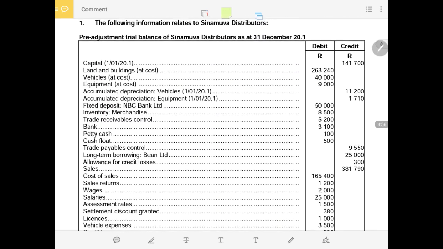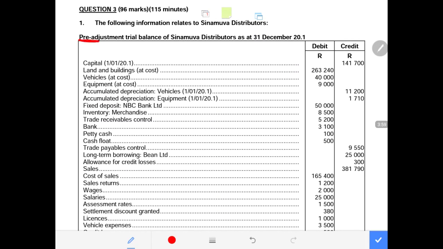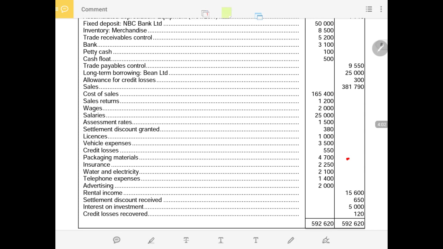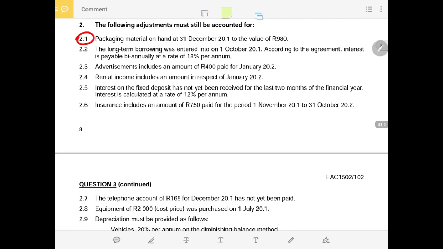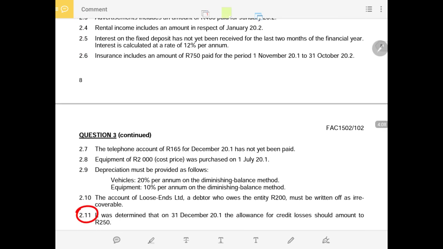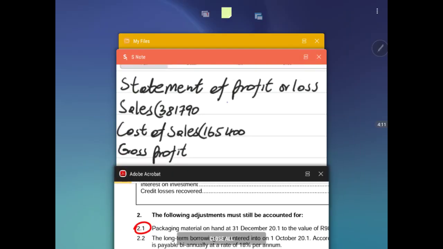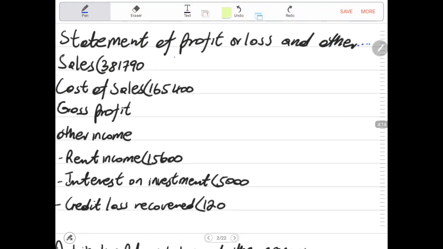Now we have a trial balance which is a pre-adjustment trial balance. After the pre-adjustment, we have the adjustments. Then after, we'll have the post-adjustment trial balance. So now what I've done for you to simplify, or to give you the strategy on how to answer the income statement, the statement of changes in equity, and the statement of financial position: first thing that you must do, write the entire draft of the three statements, everything that is already in the trial balance. In this scenario, this is the statement of profit or loss and other comprehensive income for the year ended 31st December